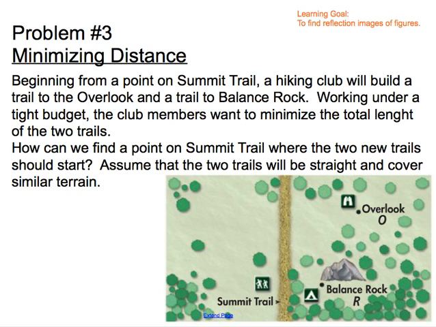So problem 3 is a question about minimizing distance. It says that beginning from a point on Summit Trail, a hiking club will build a trail to the overlook and a trail to Balance Rock. Working under a tight budget, the club members want to minimize the total length